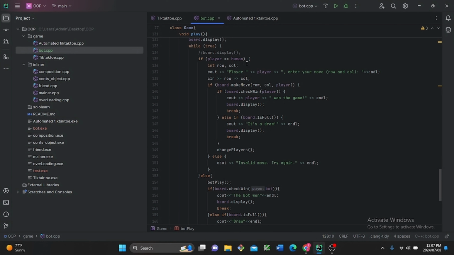That's when the loop is going to play. So this is if the player is human; else if the player is a bot, the bot will play using that bot logic we're going to explain, and then we check if the bot won, or check if the board is full. If the bot won, print the bot won. If it's a draw, print draw. If the human, we will make a move, then we'll check win for the human, and then we will check